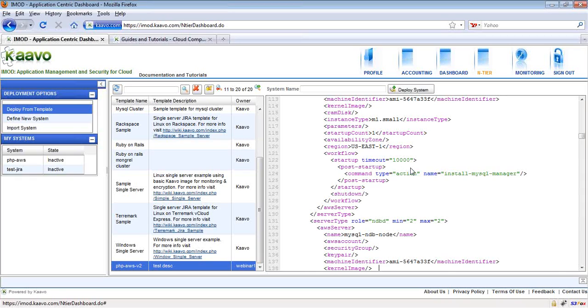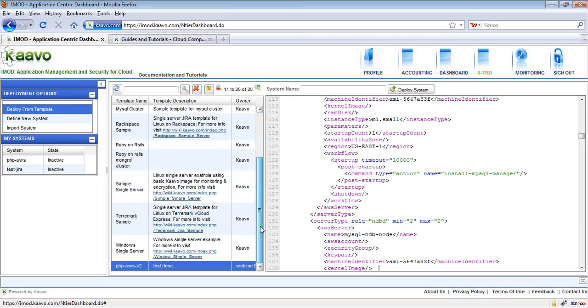When you want to edit a template, first create a system from that template. Then you can use a number of user interface wizards available for the system to edit it. I will demonstrate how to do that.